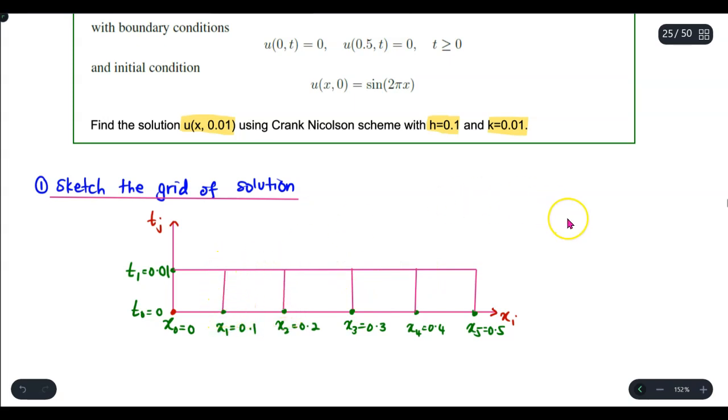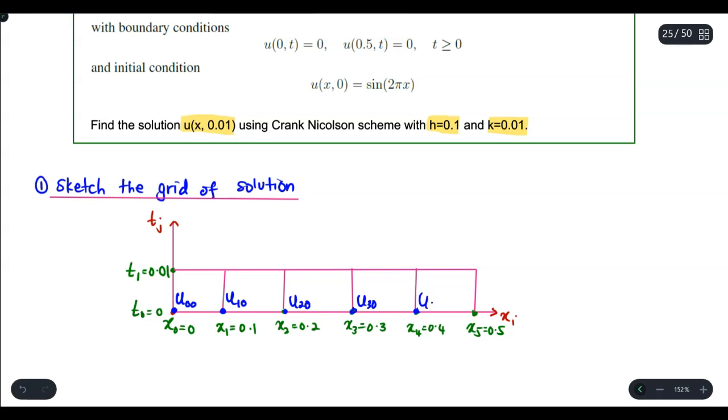At each intersection point between the horizontal and vertical lines, we denote our u. Somewhere here is our u with the notation u00. You look at the subscripts of x and t. So we write u00, basically the value of u when x is x0 and t is t0. This point to the right is u10. You are still at t0, but your x is changing. So u10, and this is u20,